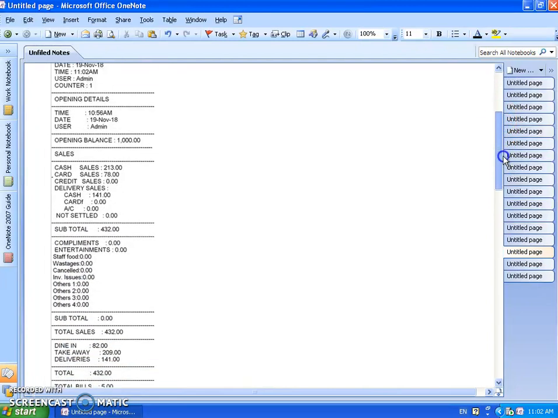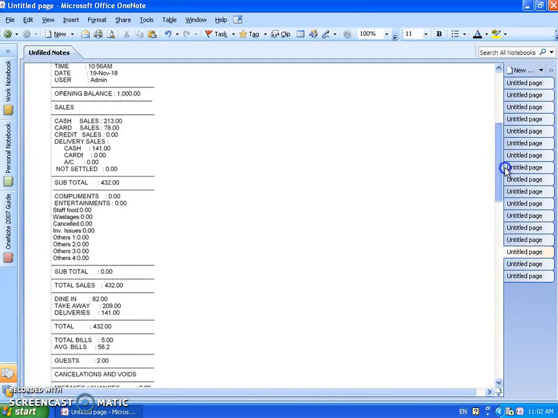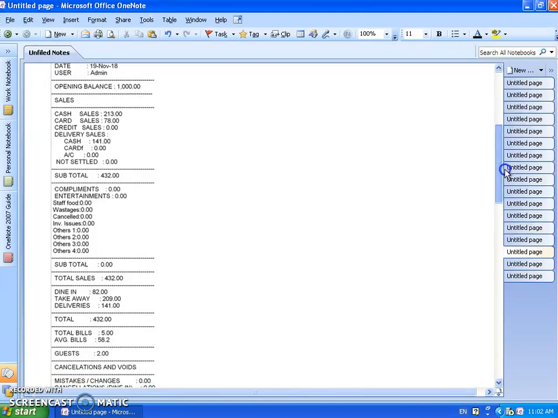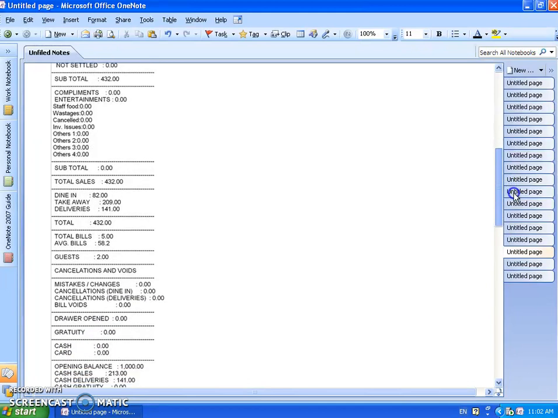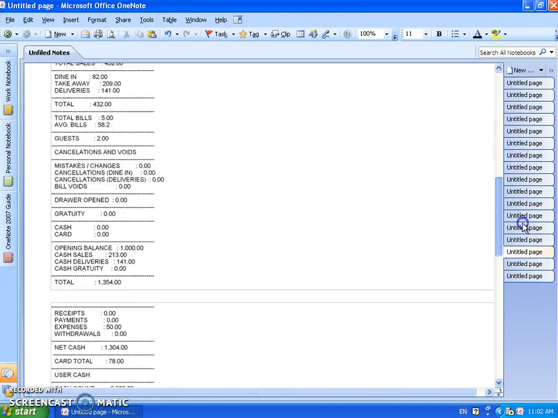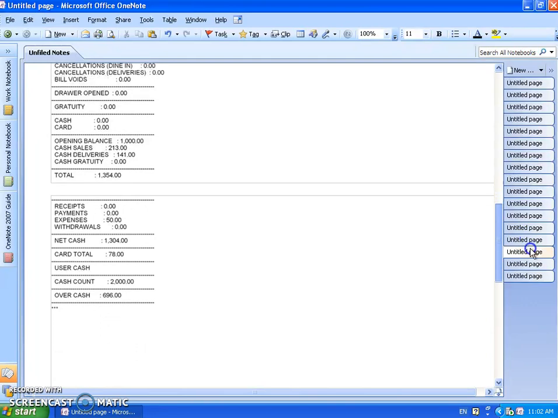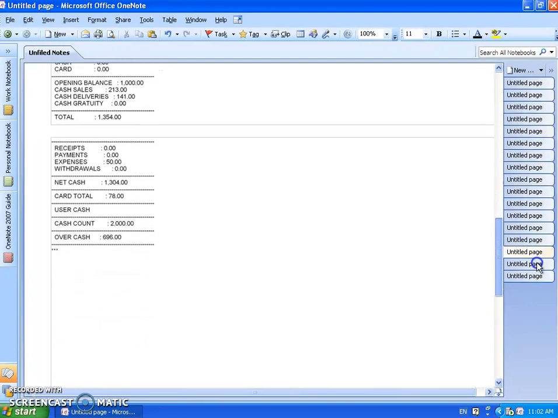transactions in the counter, where the opening balance was 1000, the cash sale was 213, the cab sale is 78, delivery by cash is 141, there are no unsettled bills, and no complimentary items. At the end, we will count the cash. Opening balance was 1000, 213 by cash sale, takeaway sale, delivery sale was 141,